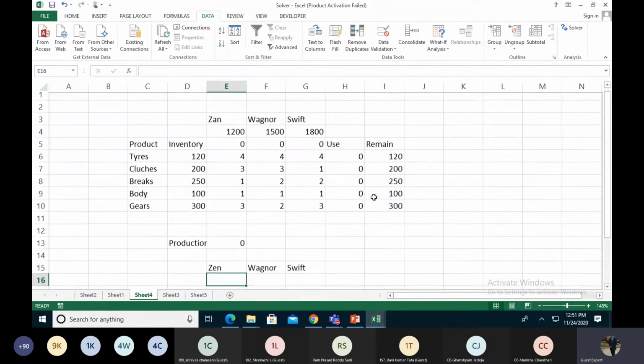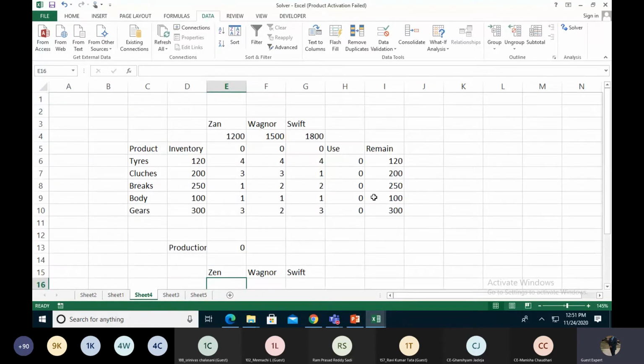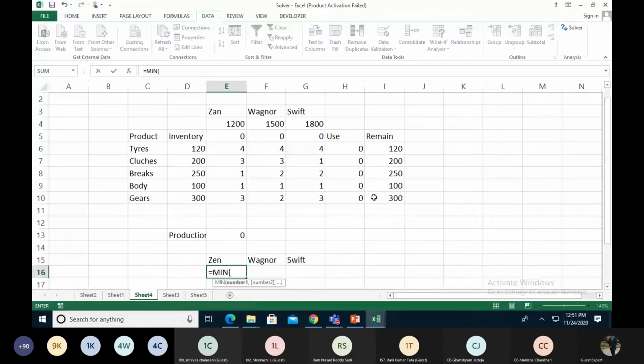This time we are using the MIN function. In MIN, we take 120 as a constant, divided by 4, comma.